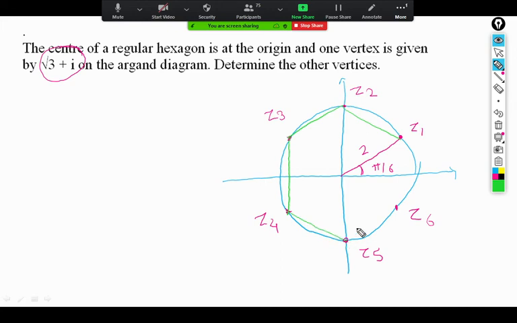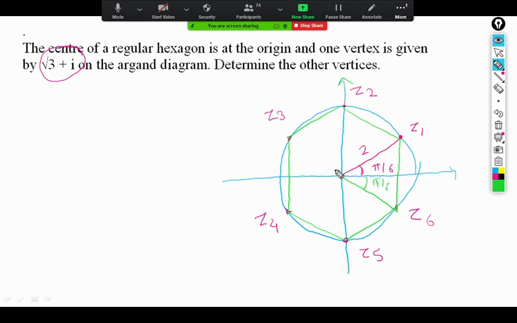Sir, one thing I want to ask. Yes. Sir, this Z2 is at 90 degrees, right? Yes, 90 degrees. Pi by 6 is 30 degrees, then this angle will be 60 degrees, so 60 plus 30 is 90, right? Yes sir, that is correct, but these should also be equal to each other, sir? They are equal to each other. If you see here, the angle between two successive roots is the same. So what is this angle? This angle is pi by 6 plus pi by 6. Yes sir, now got it.